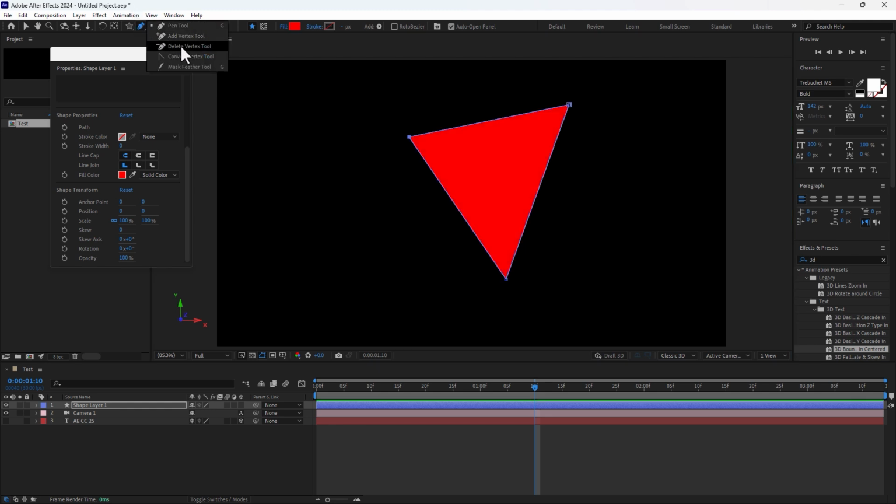If you need to add, select the Add Vertex tool. If you need to delete, if you need to convert. So the next is the mask feather. If you need to control the mask feather,